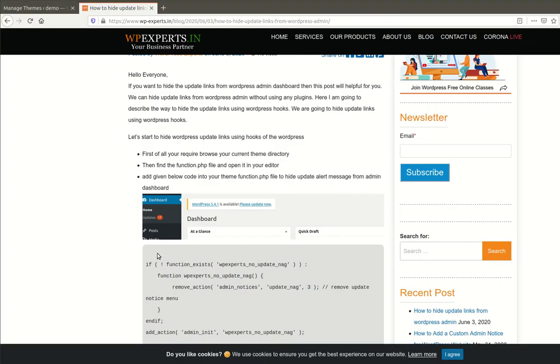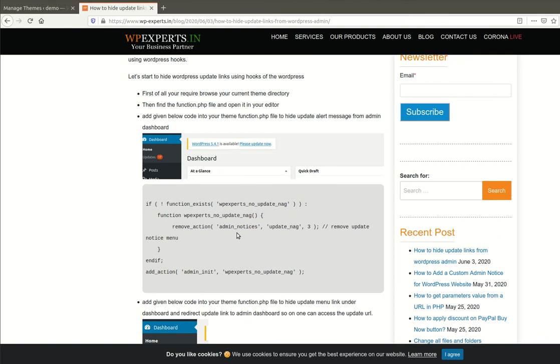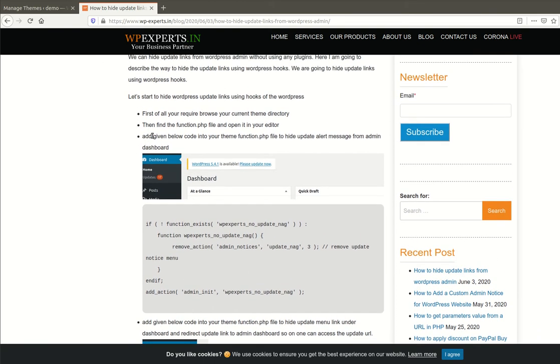As per my post, I am following all the steps step by step. Add the code given below into your theme functions.php file to hide the update alert message from the admin dashboard.